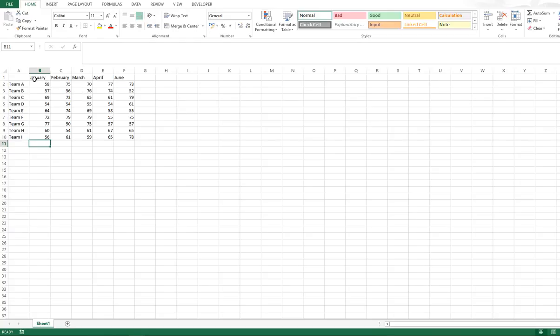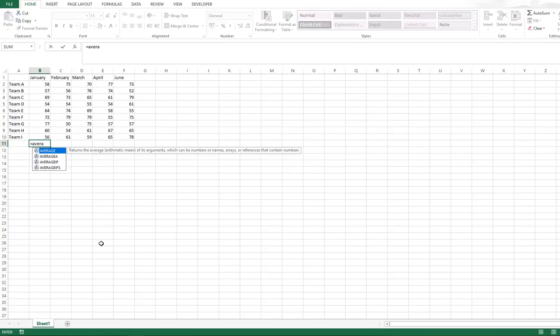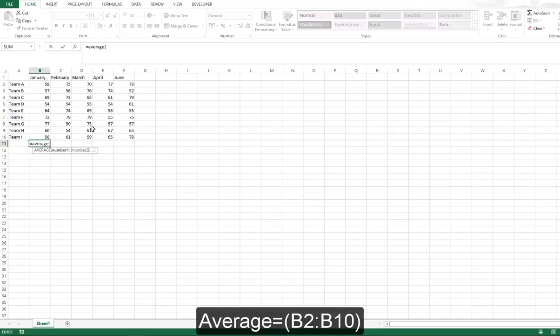So to do that, we need to locate our cell or our mouse below the column where we have all the data. Then, as you probably already know from my other videos, you need to use the equal sign in order to start writing a formula. And then the name of the formula is average. Then we open brackets, and here we can enter the numbers manually, or we can select a range of numbers. So in this case, we can select January, and then we close brackets, we press enter, and then